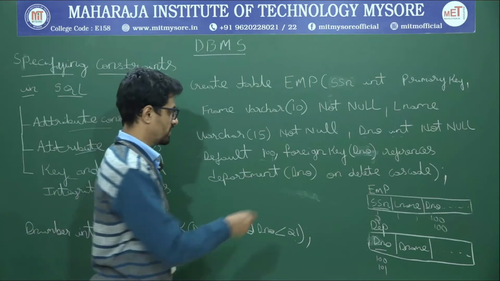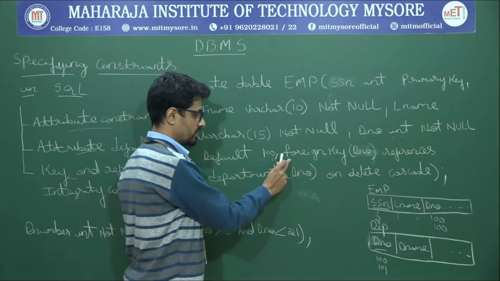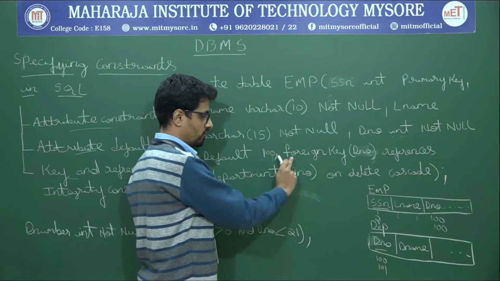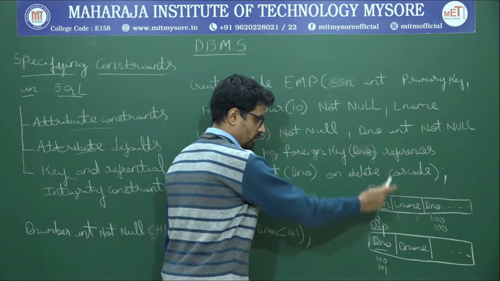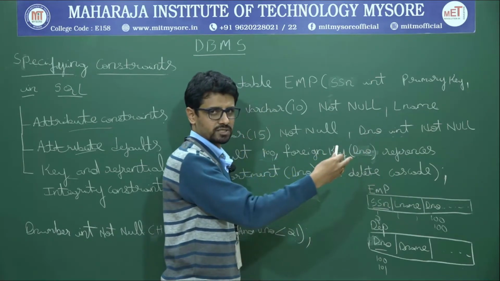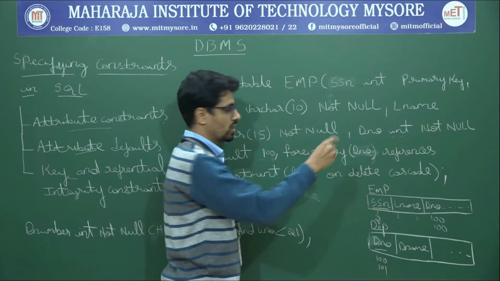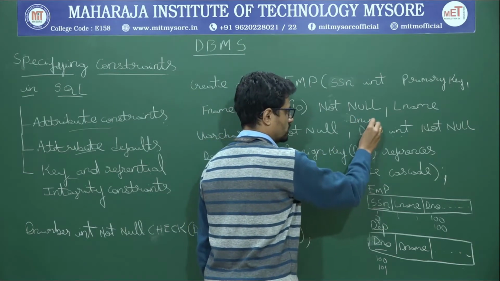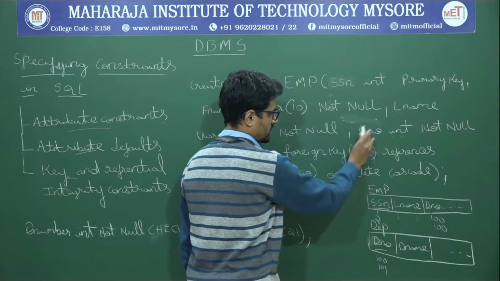So to do that, the syntax is like this: use the keyword foreign key after all the attributes, comma, foreign key. Which attribute are you making a foreign key in this table? The same representation. You can have a different representation. You can have DNUMB here also, or else you can have DNUM also. No problem. I've just taken the same representation.